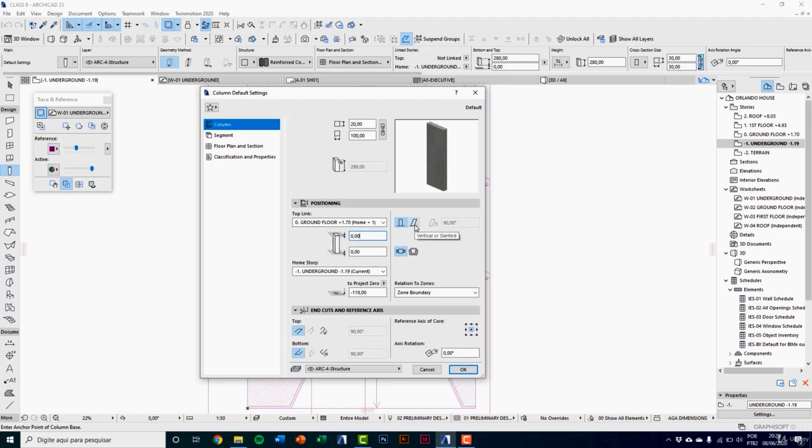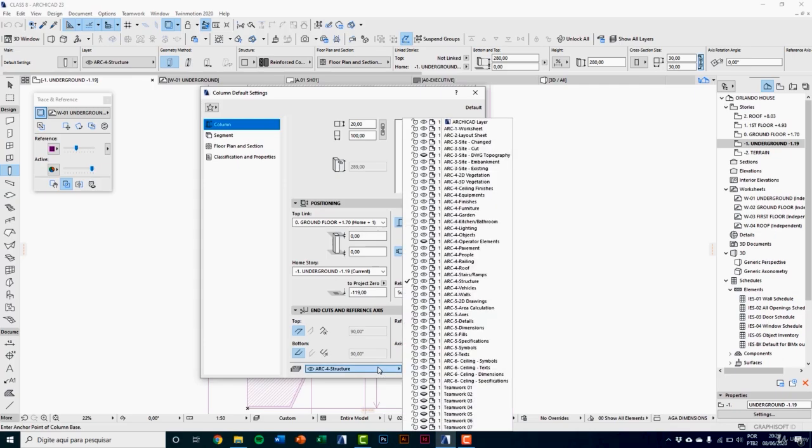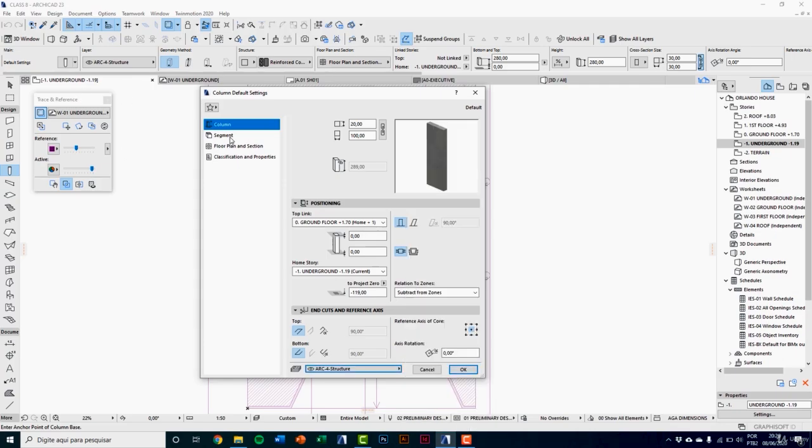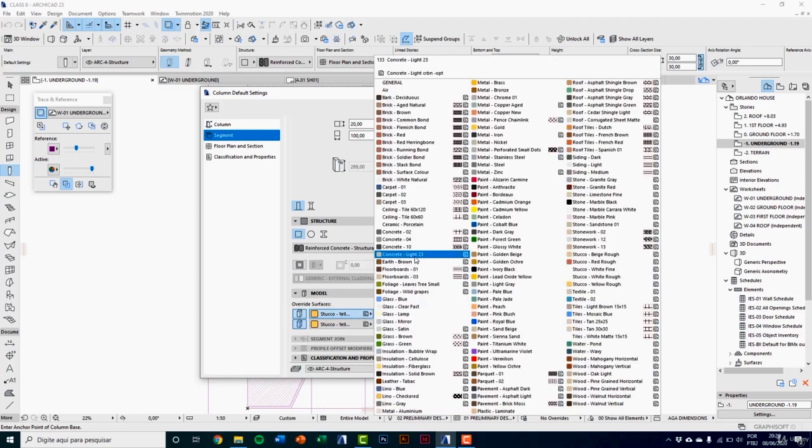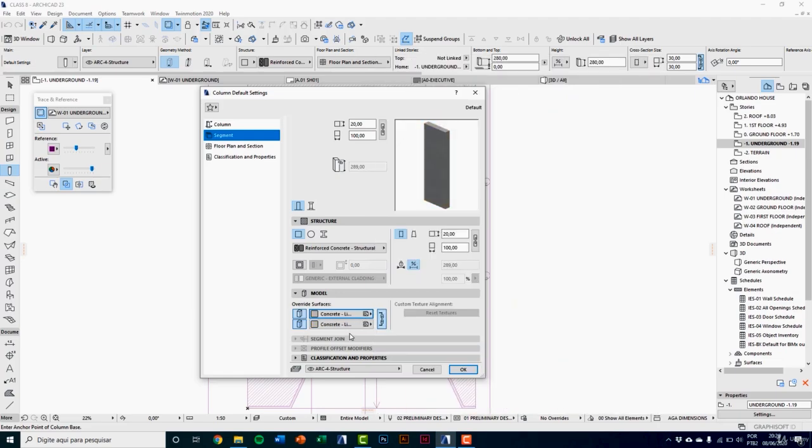Here we have the option of slanting the column, and the possibility to integrate finishes of composite walls. Here we have the reference axis of core, that is the insertion point. I'll keep it in the center. And layer structure. Going to segment, we have profile options. And in model, I will turn on surfaces, and I will choose concrete light. In floor plan and section,